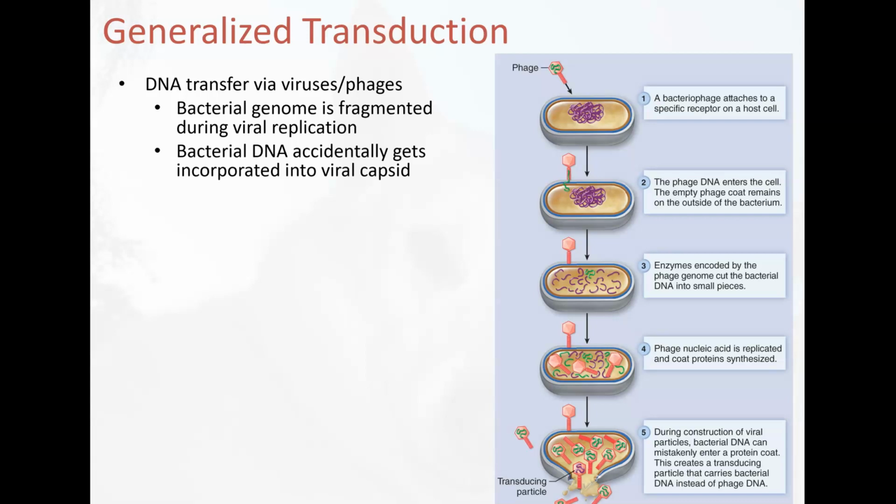If you recall from chapter 2, or unit 2, we talked about viruses, and the viruses that can specifically target and attack bacteria are called bacteriophages, or simply phage for short. If you recall the life cycle of a phage, it's going to attach to a bacterial cell and inject its nucleic acid, its genetic material, into the bacteria. Once that happens, the bacteria's genome actually gets chopped up. So this bacteria truly becomes kind of a zombie. It no longer has a functioning set of instructions, and all of its DNA has been digested and is now in tiny little pieces. The bacteriophage proceeds to make its own proteins, its own capsid,